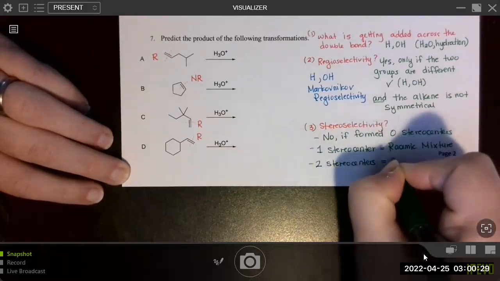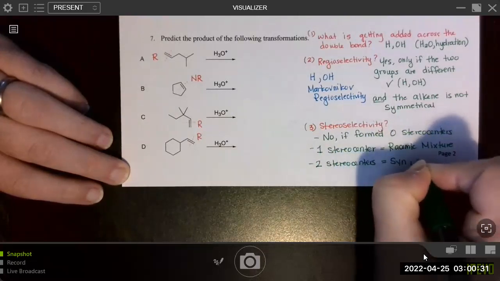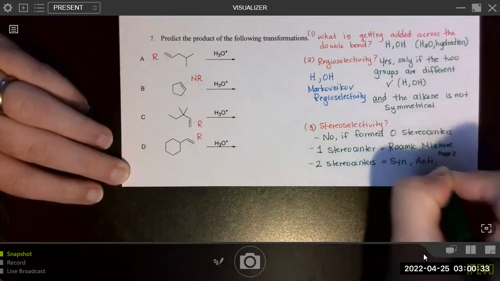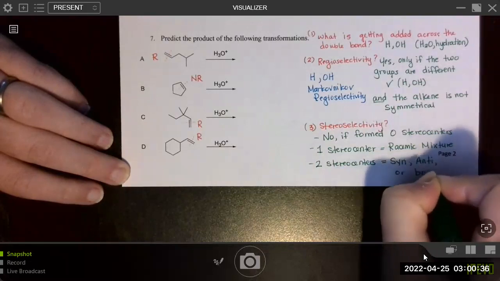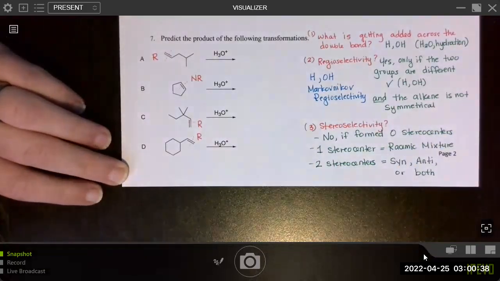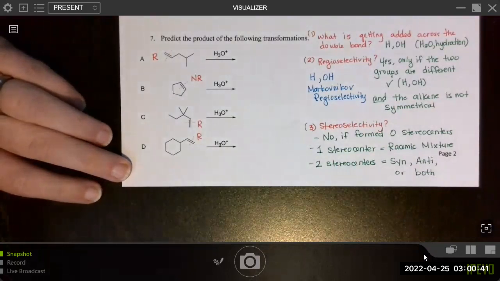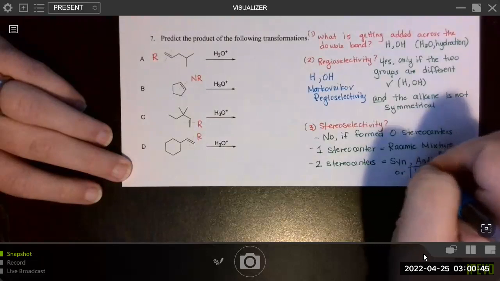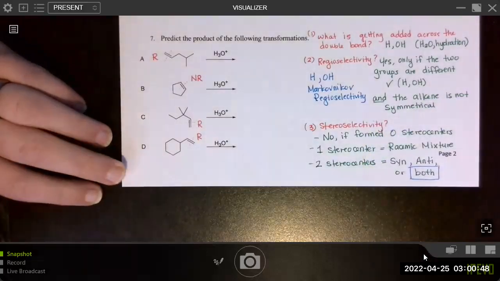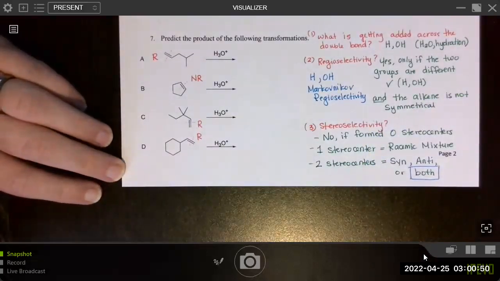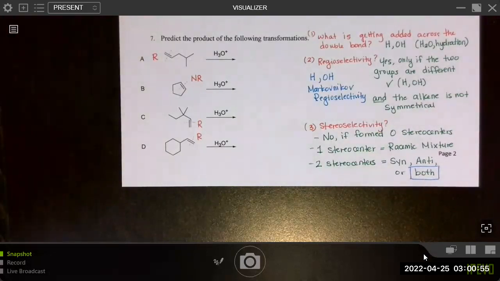then you need to ask yourself, is this reaction syn, anti, or does it give both? And in this particular reaction, it gives both. So we are not syn or anti-selective. It would give all possible stereoisomers. We can indicate that if there's 2 stereocenters by showing all 4 stereoisomers, or just drawing single lines to indicate that all stereocenters are formed with little stars.